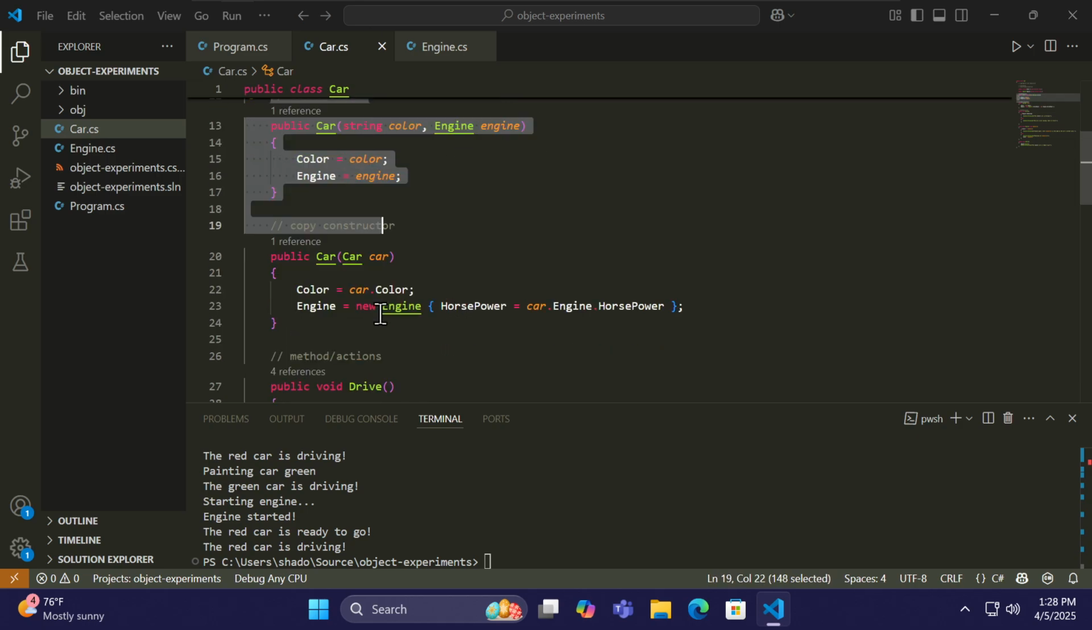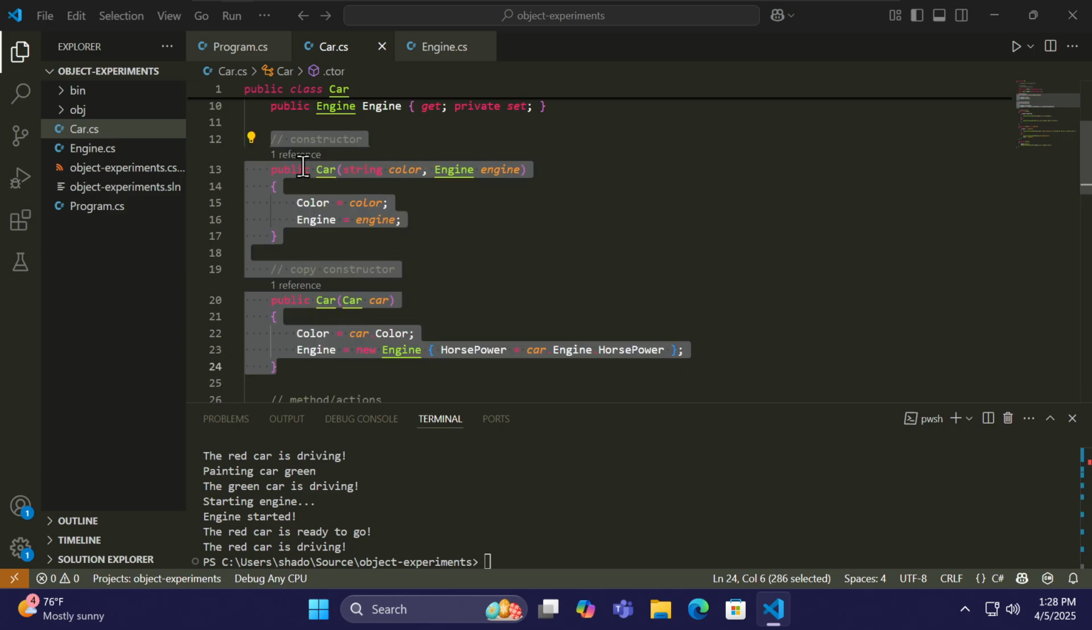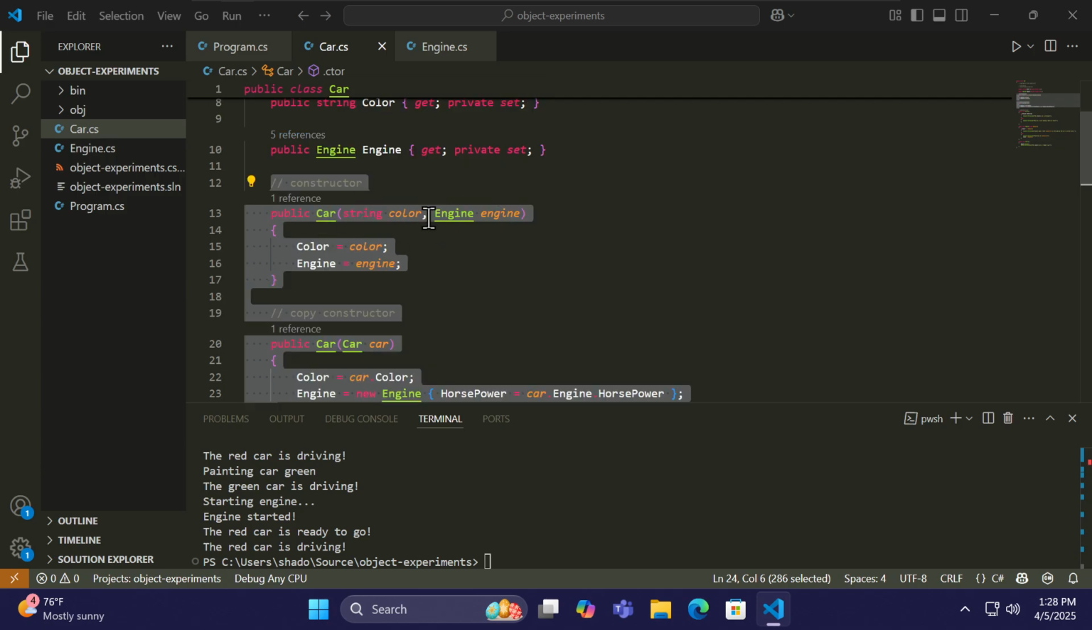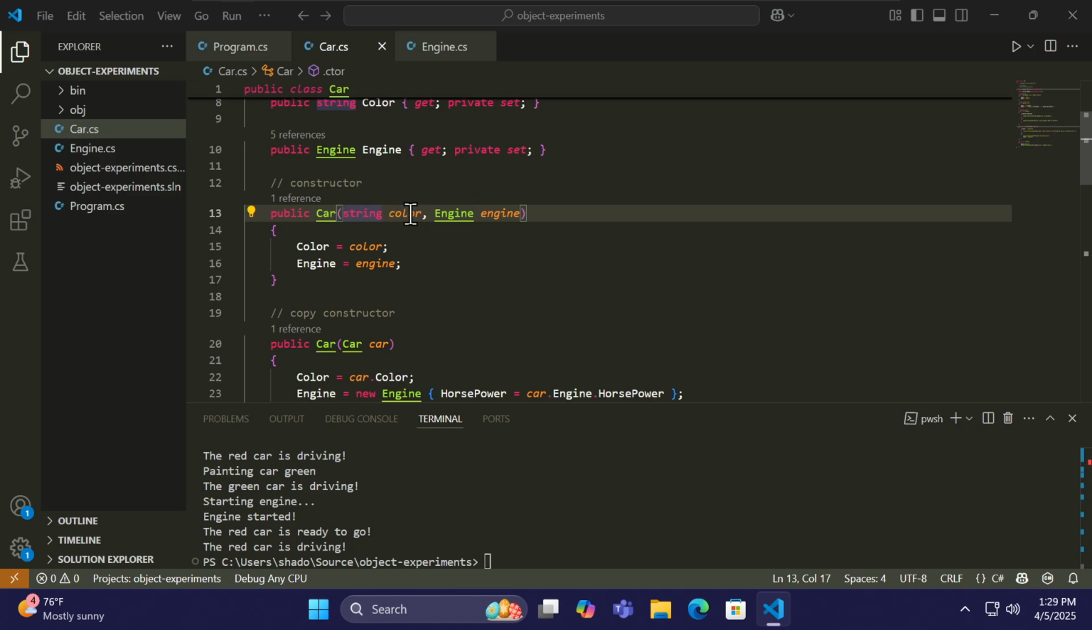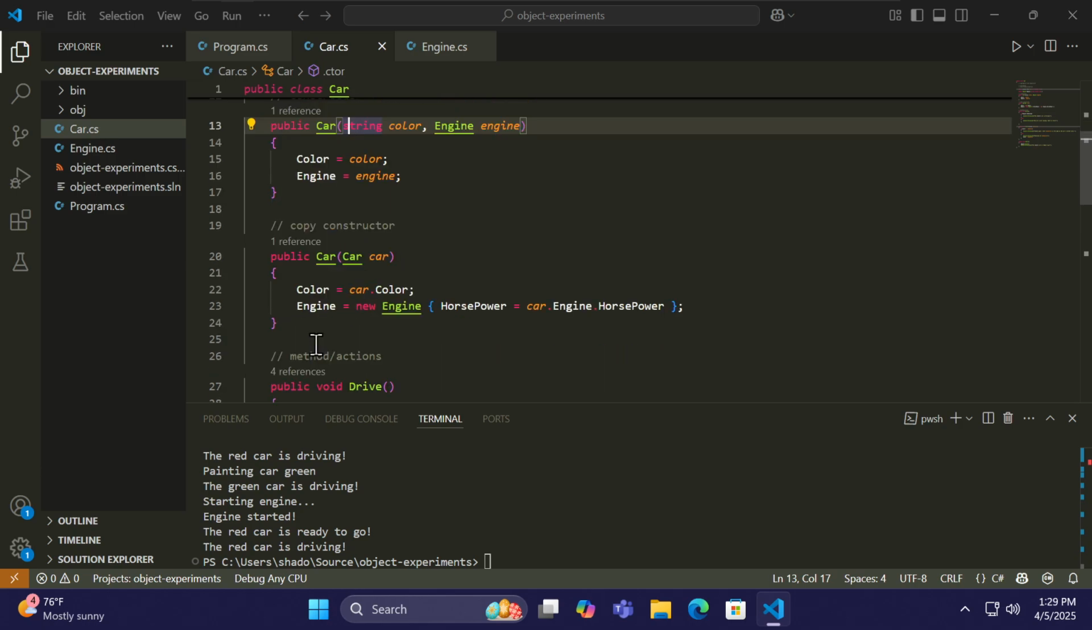We looked at two different forms of constructors, a copy constructor and a regular constructor. Technically there's one more constructor, a default constructor, which would just set the default value. This one is called a parameterized constructor, which takes different parameters. The last one here is a copy constructor. It takes in a car and copies the values. We need to do that because